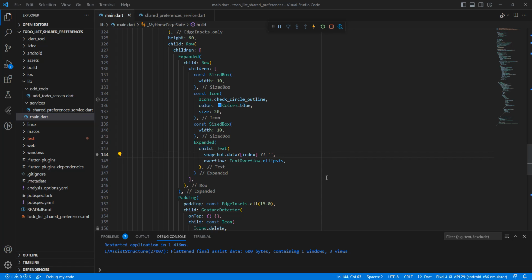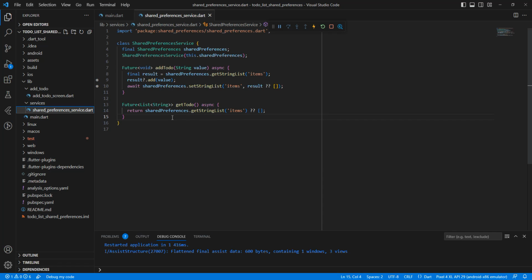In this video we remove data to our project Shared Preferences, and now open Shared Preference service and create method